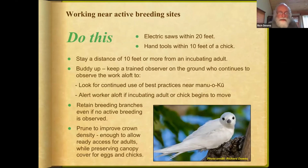I want to jump in here just a second. This is a really, really important point here, pruning to improve crown density. As I mentioned before, the terns don't actually build nests in the trees, yet we see them successfully nesting in trees. And I mentioned before that they often take advantage of the changes that occur in a tree's structure as a result of pruning in order to lay the eggs and to improve the chances of breeding success. We've discovered a very strong correlation between trees that are trimmed and successful breeding, and trees that are not trimmed and the terns simply ignoring them